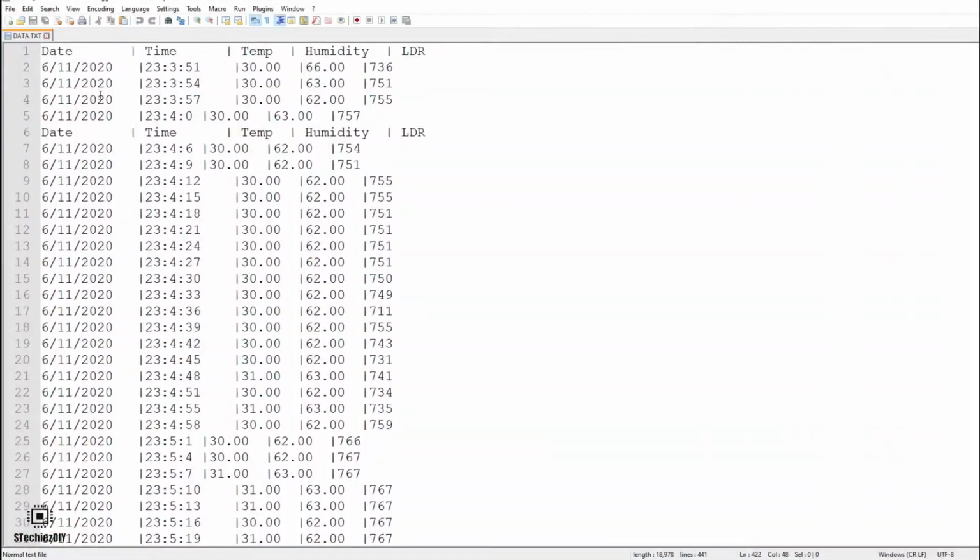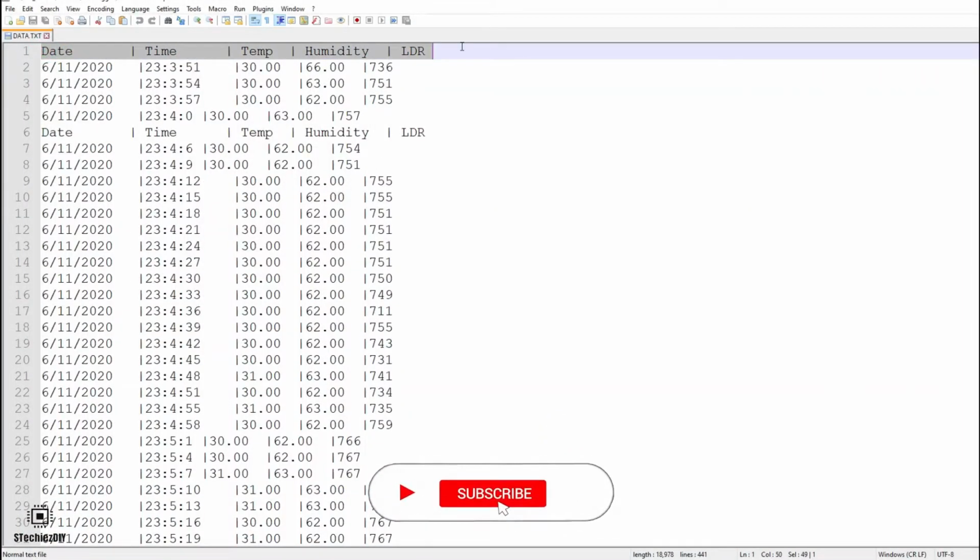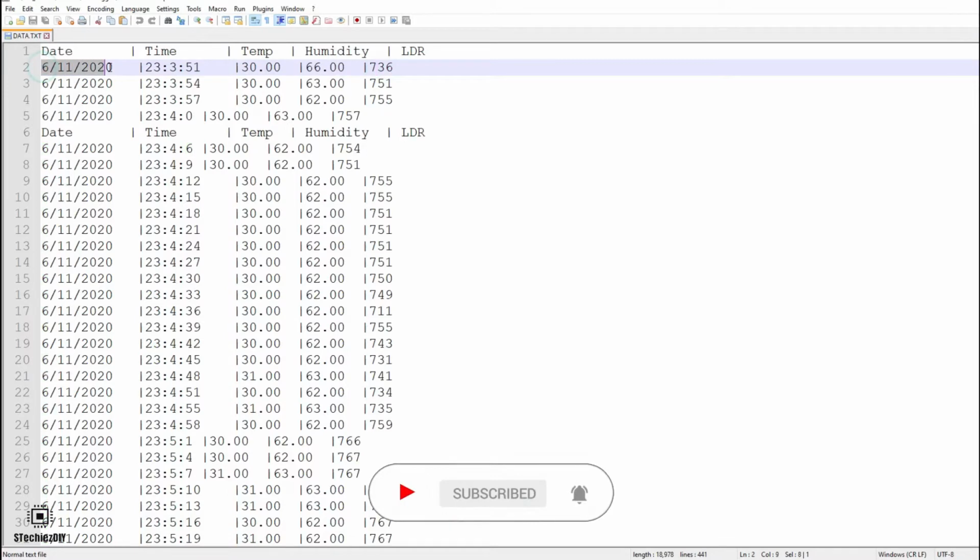So this is the data I have got from the SD card. Whenever you turn on the circuit, it will append the data in the same file.